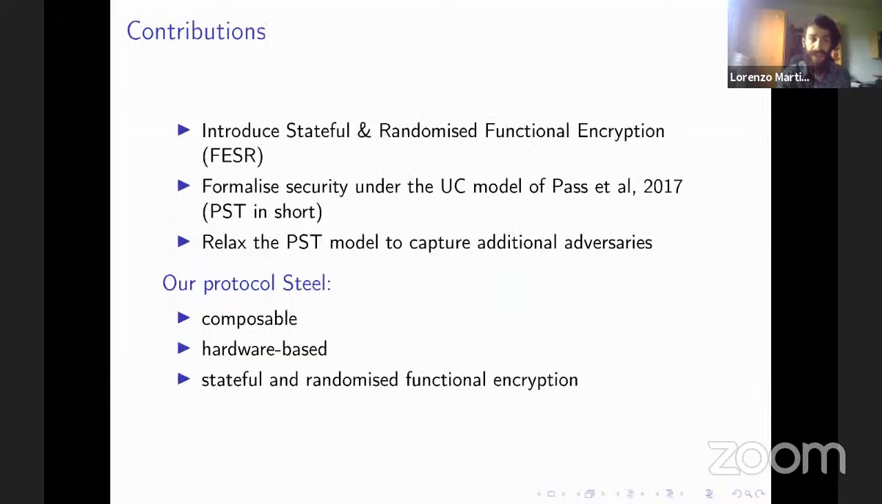Our work expands the class of functional encryption functions that we can compute to include stateful and randomized functionalities. And we instantiate a protocol that can implement them securely, proven under the UC model using trusted execution environment in Pass et al.'s formalization. And then finally, we relax the model from Pass et al., PST, to capture additional adversaries. So our protocol is called Steal, and like the title says, is composable, hardware-based, and implements stateful and randomized functional